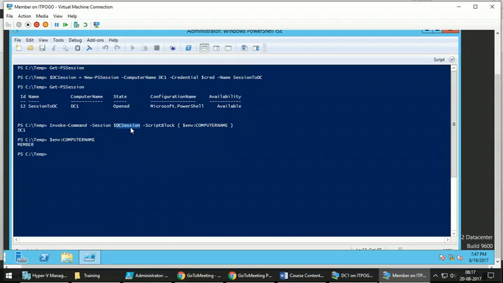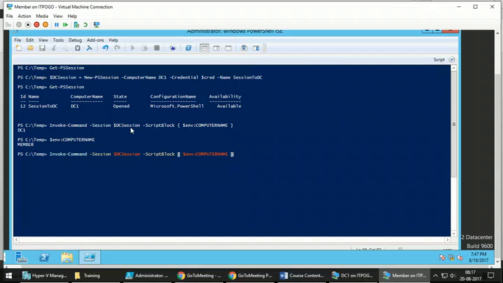We gave the computer name, and through the computer name and by passing credentials, we were able to access the remote computer. But when you are creating a session object, you can reuse it multiple times like this. You don't have to pass credentials every time you want to connect to that computer.